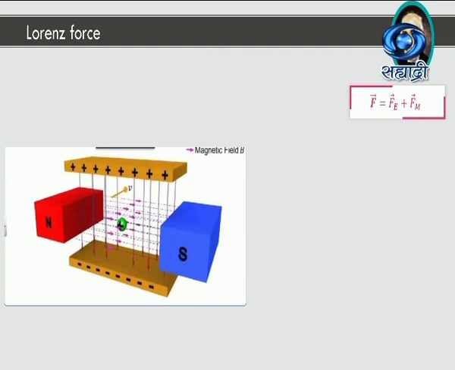Remember, if I have a charge q moving with velocity v in an external uniform electric as well as magnetic fields simultaneously applied. We can see here in the diagram, I have got electric field as well as magnetic field. These two fields are mutually perpendicular to each other. Here we can see that magnetic field is to the right and electric field is downward. This is B, this is E.